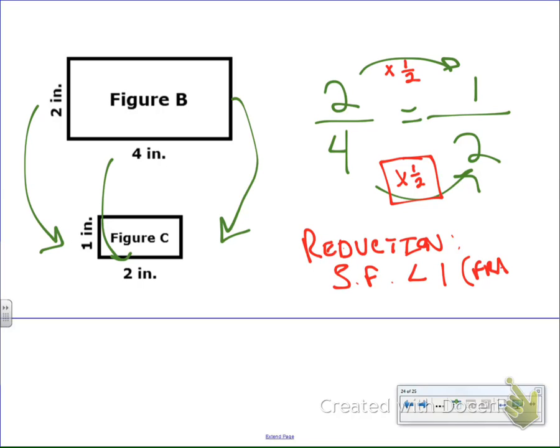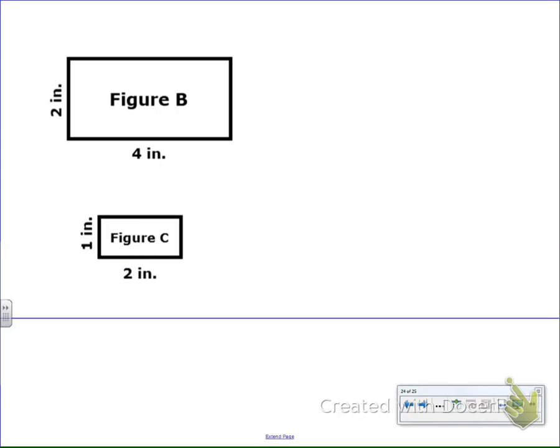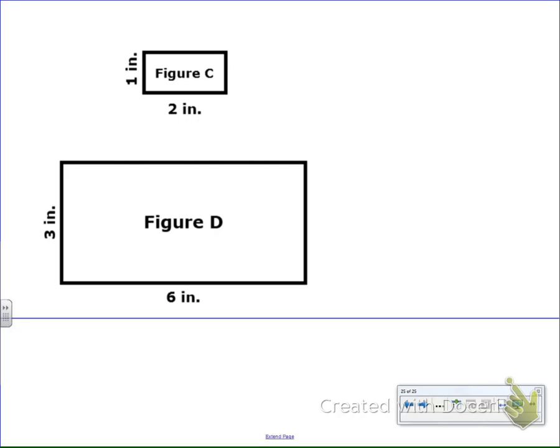Okay, so that's going to be when we see our reductions, when something is getting smaller in size. Okay. On the flip side of a reduction, we're also going to see an enlargement. An enlargement is just what it sounds like. It's the shape getting bigger. So here we're going from C to D. So I can again make my arrows, and I'm going from 1 over to 3, and then I'm going from